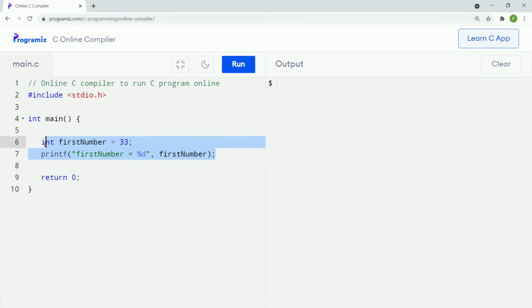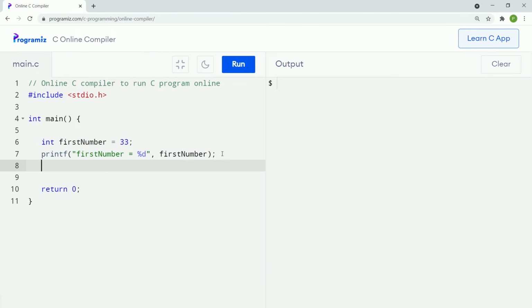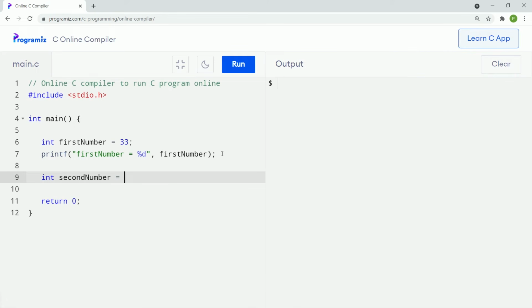So far, we saw that we can assign data directly to a variable. However, we can also assign a value of one variable to another. Let me show you an example. In this example, as you can see, we have assigned value 33 to this first number variable, and we have then printed this first number variable. Now I'll assign another variable, second number,